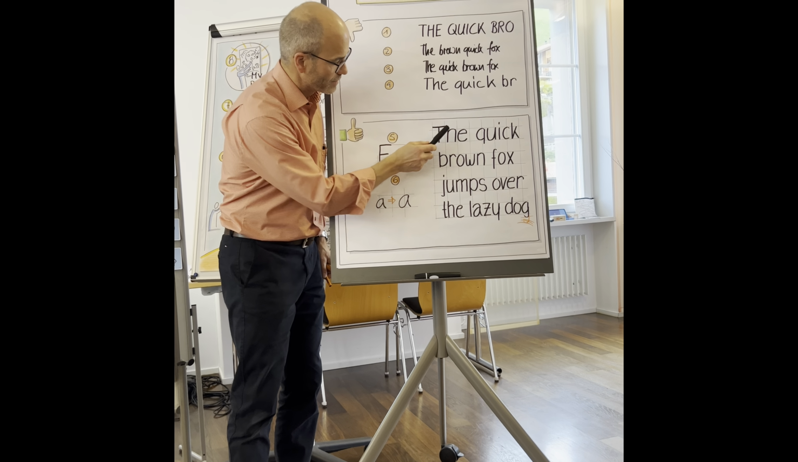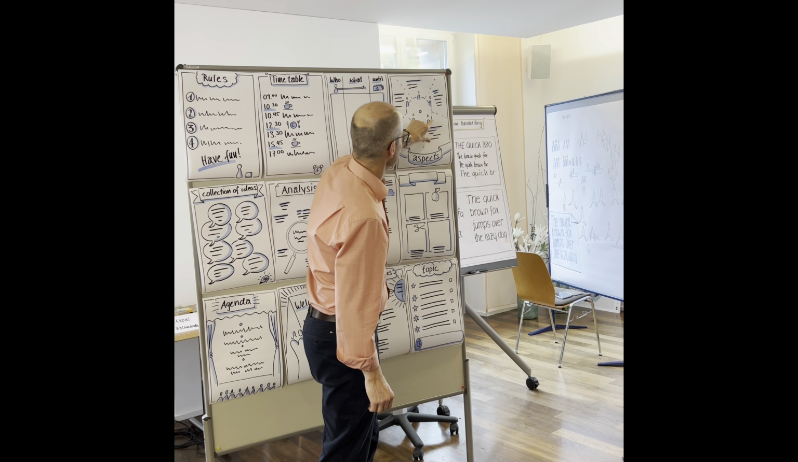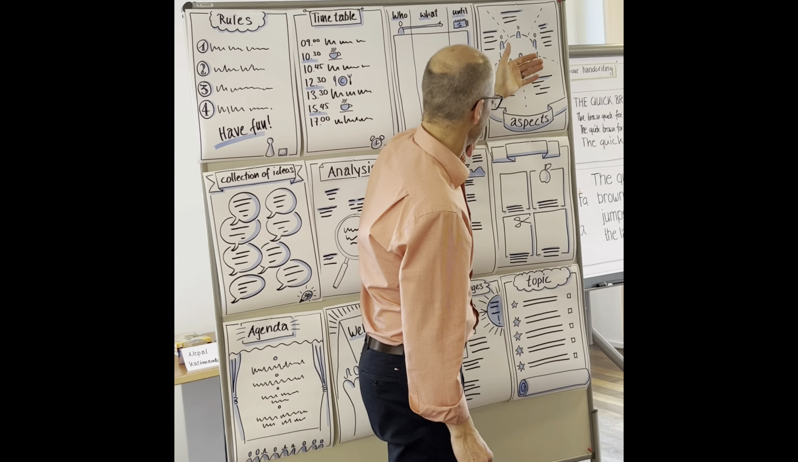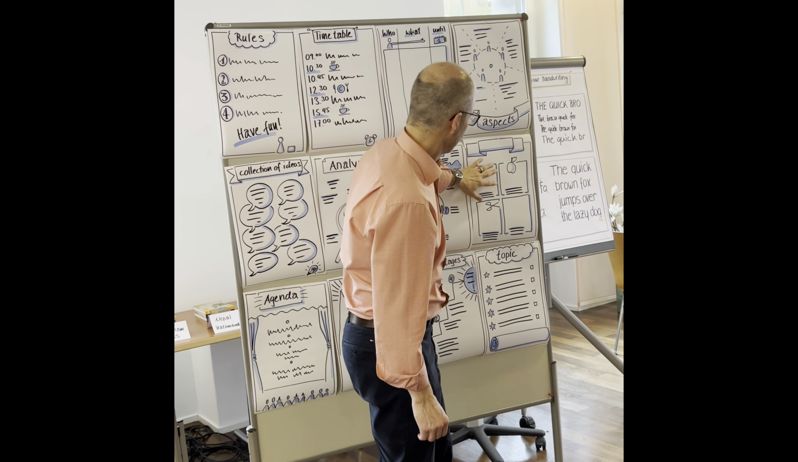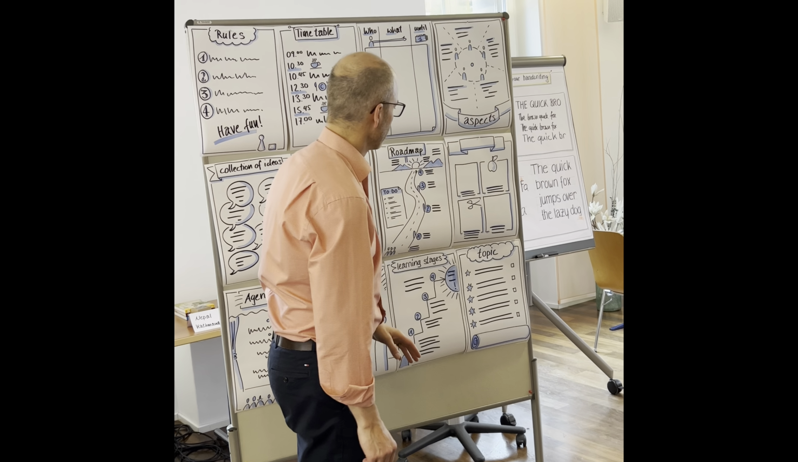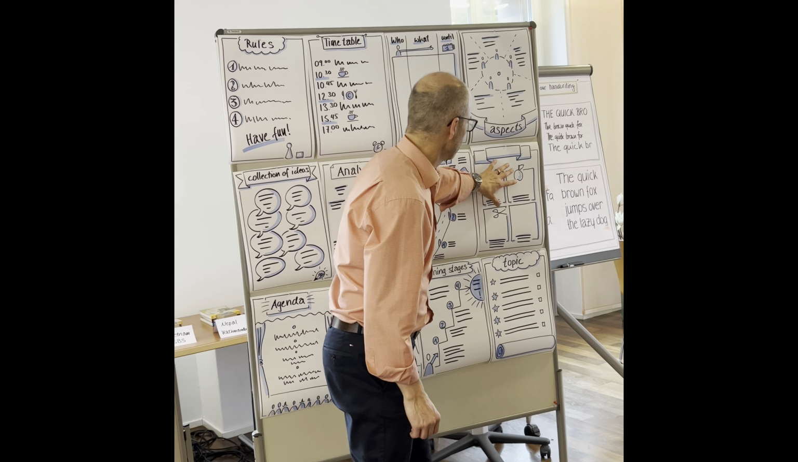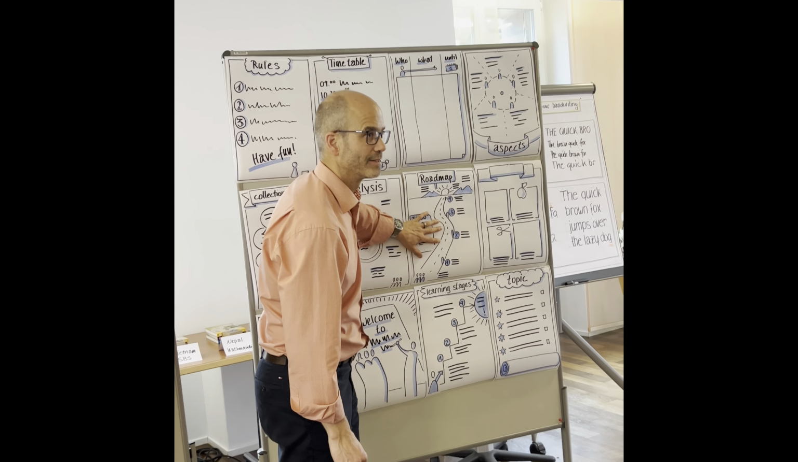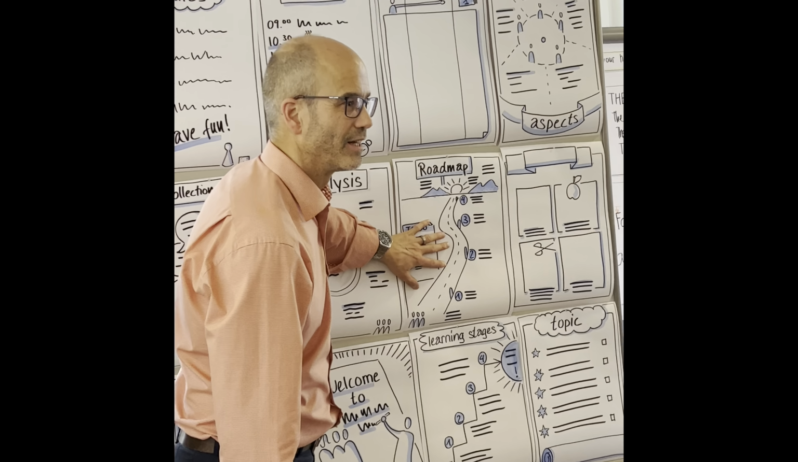I don't know what chapters you want to bring to the poster. You have here some ideas: rules, a timetable, a to-do list, different aspects of the participants or of the people in the meeting. What do they mean? Here you could describe four topics of a subject. I personally like the roadmap. Yeah, me too. That's a very, very good